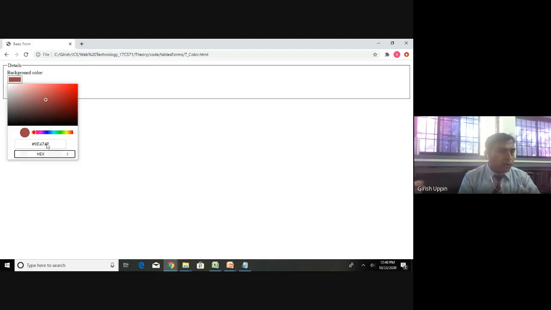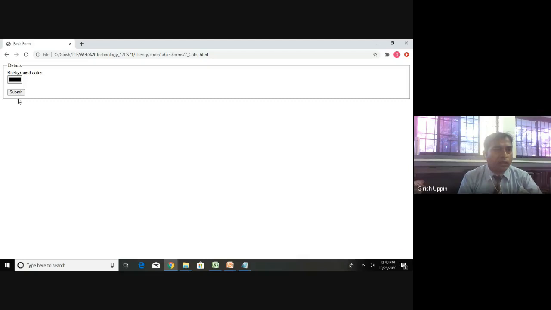If you want to enter a hexadecimal value, you can do that way. Whichever way you want to give the values, you can give. For example, I will give all the values as 0, and I will say submit.